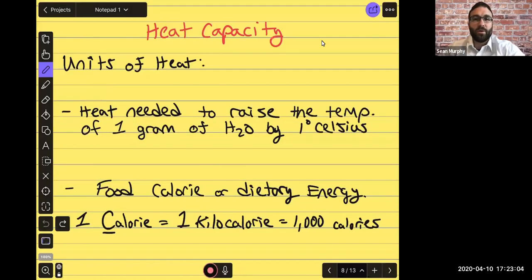Greetings, everybody. Today we're going to discuss heat capacity as well as be able to solve for the heat capacity